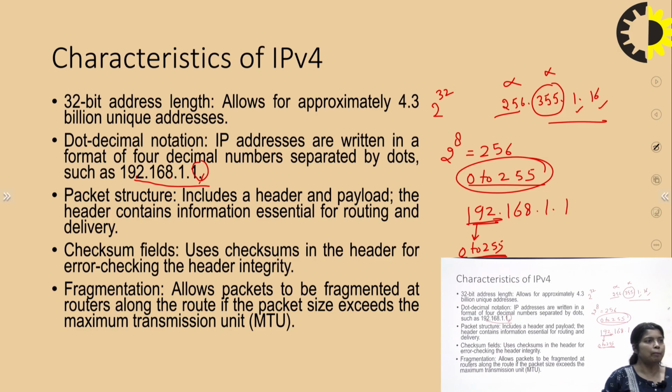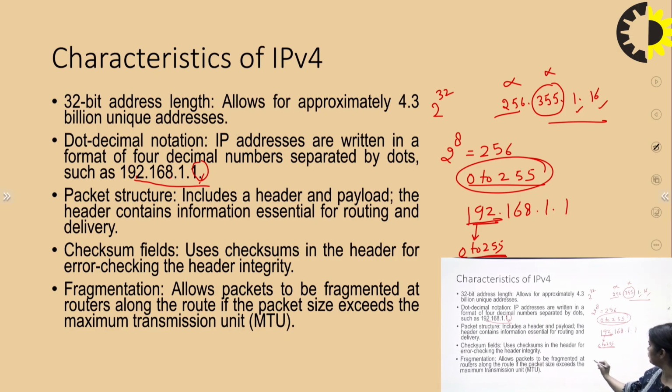Fine. And now the packet structure of IP version 4 includes the IP header and the payload. The header contains the essential information about routing, or setting the path from source to destination. There is also a method for the checksum, that is, error detection and correction. And fragmentation is also there. Fragmentation means whenever we are transmitting using message switching or packet switching, we are transmitting our packets, so these packets are split up, we are not sending the complete packets at once.